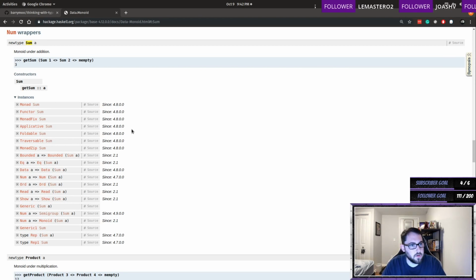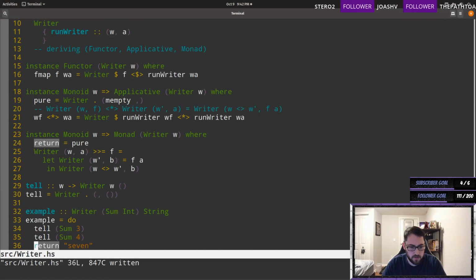Monoid under addition. There we go. Oh, it does say num wrappers. But why would it need num? That doesn't really make sense to me. All right. So we're getting a writer sum 3 unit. Then we bind with the monoidal operator to get a new b. So this tell gets us b as another unit, and then we return 7, which gives us